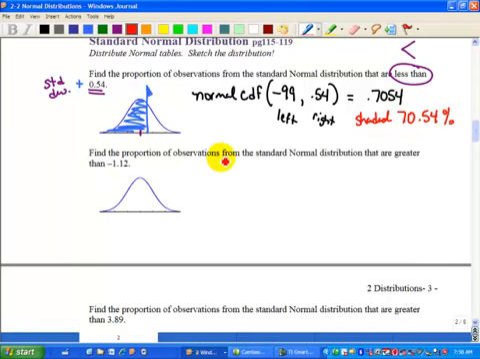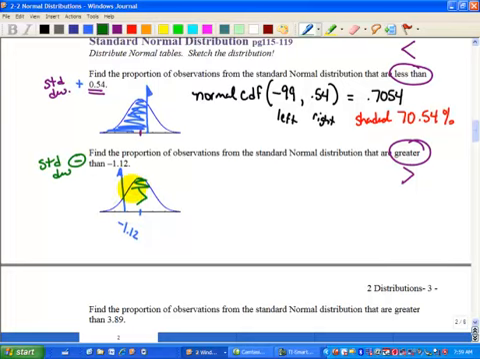Find the proportion of observations from the standard normal distribution that are greater than, so that's this way, negative 1.12. So there's my standard deviation. This time it's negative. So from the middle, here's the middle, I need to go down 1 and a little bit standard deviations. You know, because that was my standard deviation, negative 1.12. And I want to color, which way did they tell me to color? Greater than. Greater than's that way, so I'm coloring all of this. So then to use my